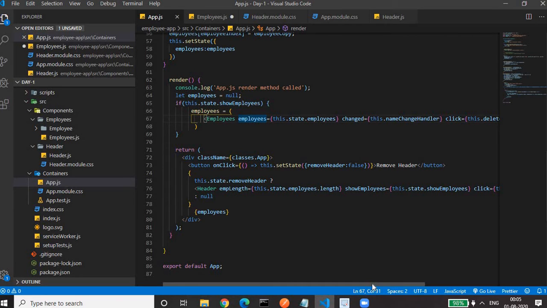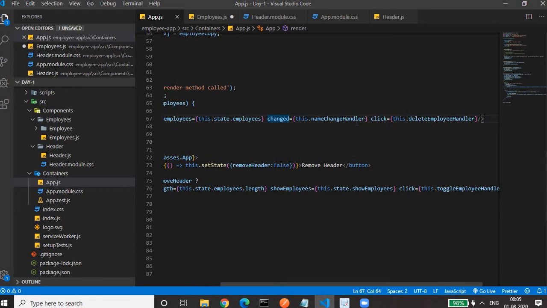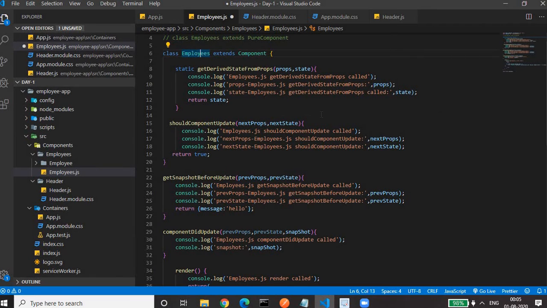Similarly, if now it is referring to the name change handler, if this function gets changed, if it is referred to some other function, then our props get changed. So employees receive 3 props, 2 functions and 1 array of employees. Okay. So we'll see that.